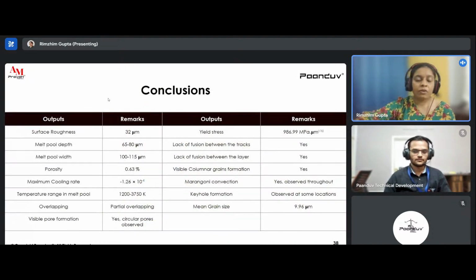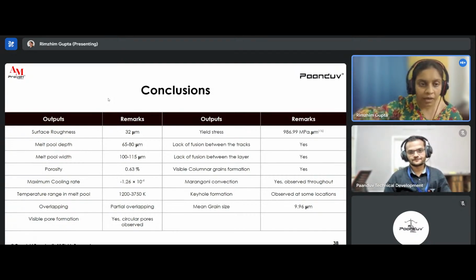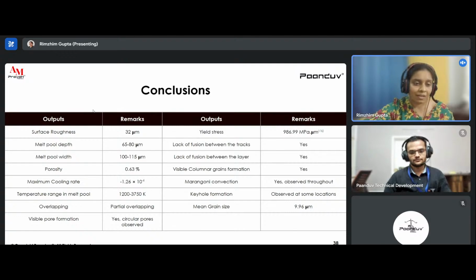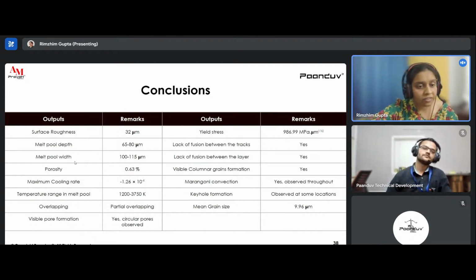Hence, if we want to draw some conclusions from the case study that we have done, we can predict surface roughness using AM Pravah. We can know about the melt pool depth, melt pool width, and melt pool height from the previous case study using AM Pravah. We can have an estimate of porosity. We can know cooling rates. We can also have an estimate of complete thermal data, the temperature ranges and temperature gradients, and we can also